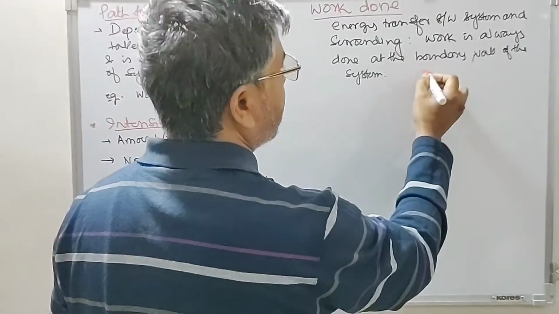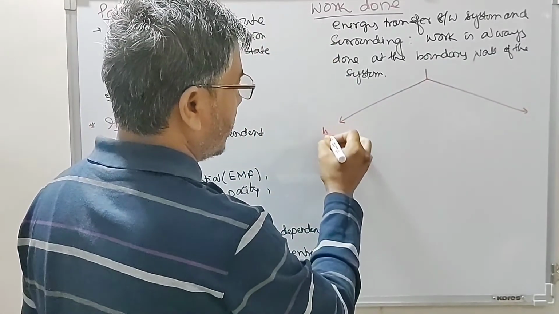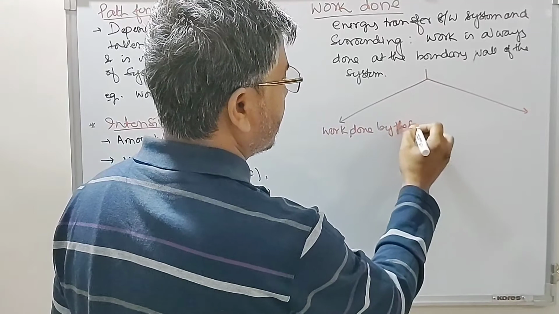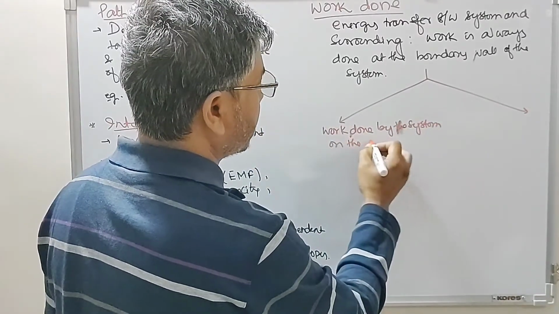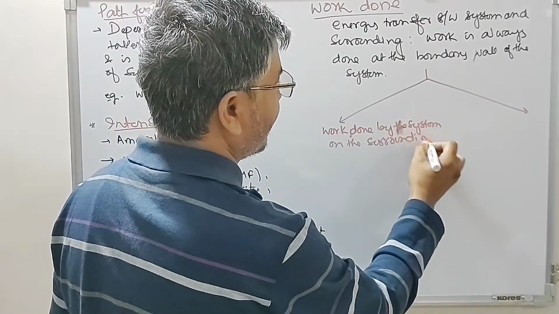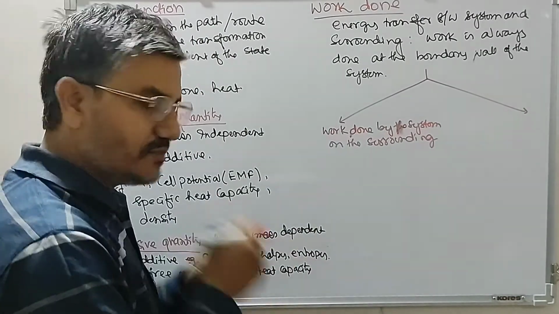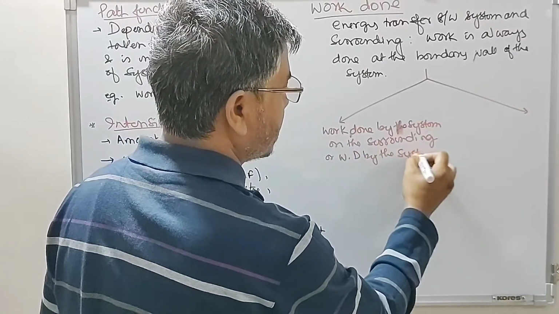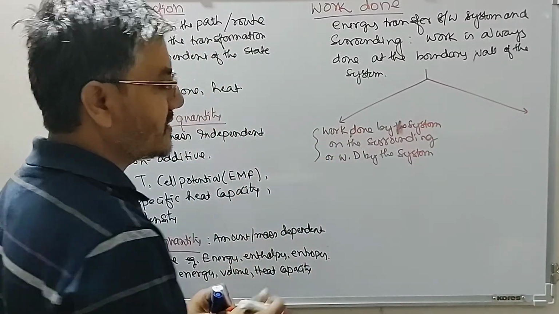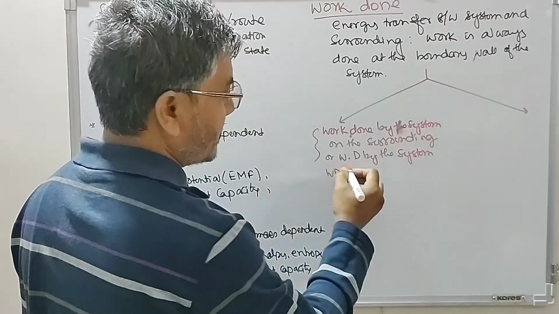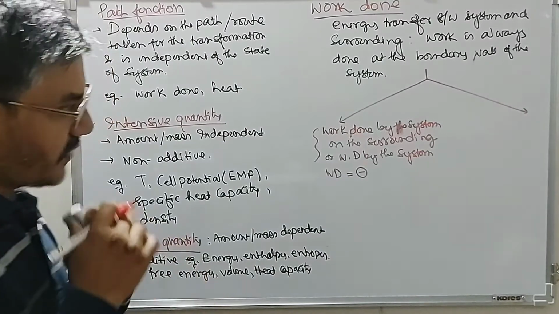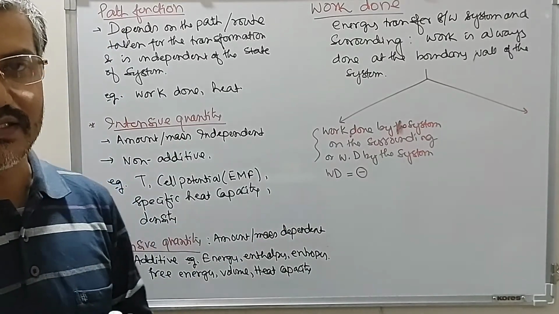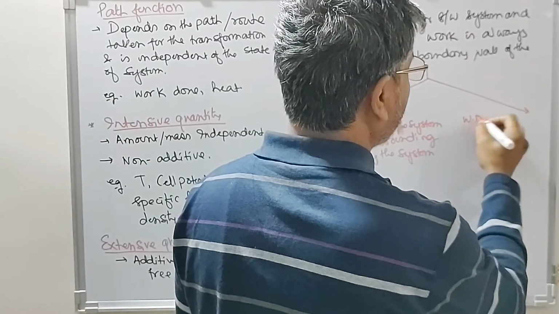is of two types. One is work done by the system on the surrounding, or simply, work done by the system. So this work done, sign convention says, should be negative. If I use the term work done by the system, the convention says the sign of work done should be minus. The other one is work done